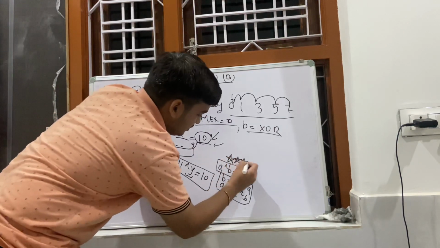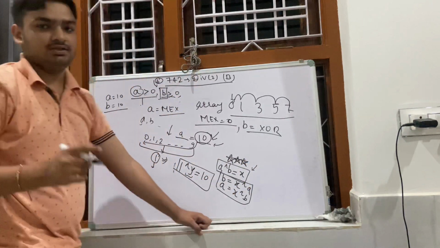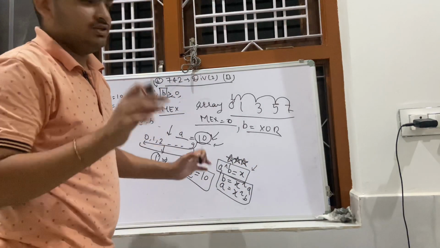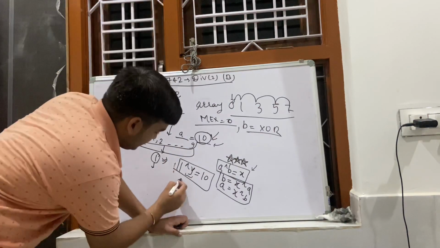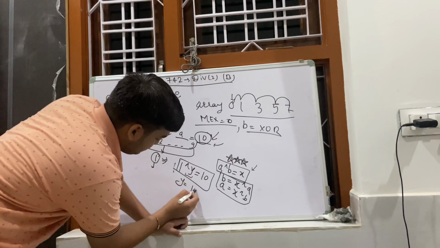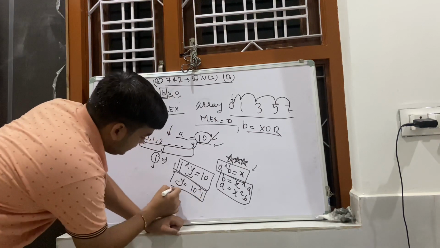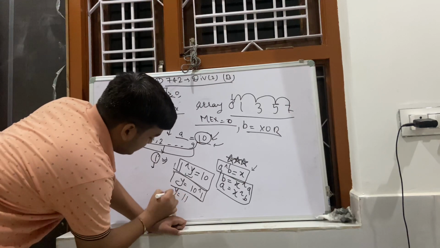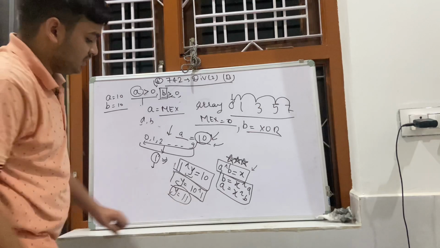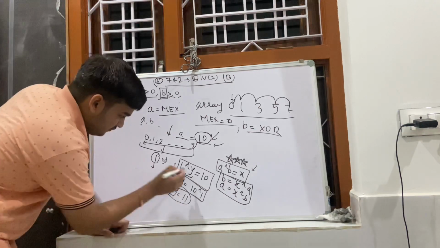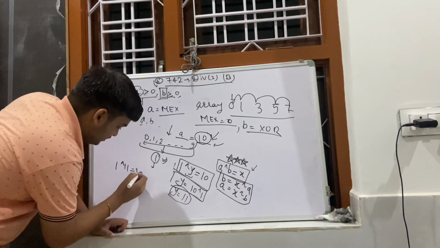You must remember this for this question. I will not give any proof here, because if I give the proof, the video will be lengthy. So from here I can find the y value. The value of y is 10 XOR 1. What is 10 XOR 1? It comes out to be 11. So I need to include that value 11. If I take 1 XOR 11, that will give me the XOR value 10.